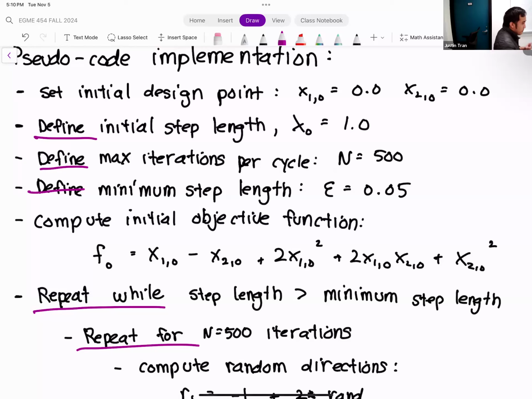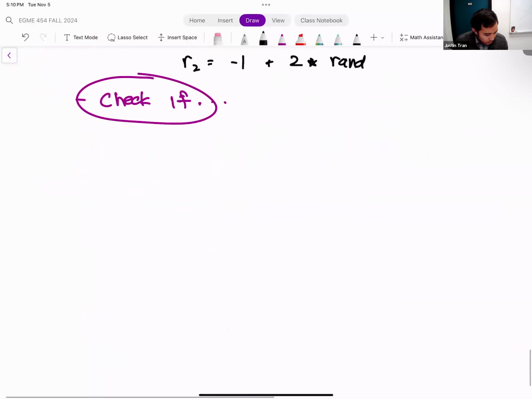Okay. We'll do more examples of pseudocode for the next two algorithms that we're going to go over. I'll introduce the next algorithm today, but we'll probably finish it up on Thursday. Coordinate search and pattern search are really good ones to know for pseudocode. Okay, so for the last 5 minutes today, I want to introduce the next algorithm. The next algorithm that we're going to go over is called coordinate search.